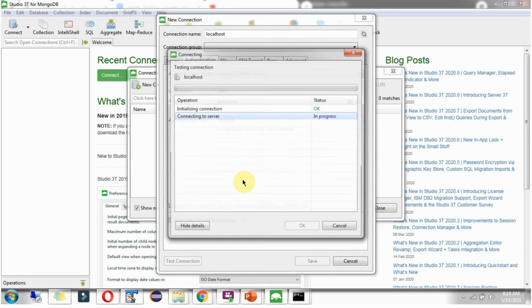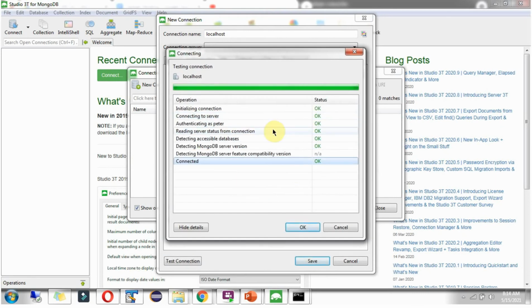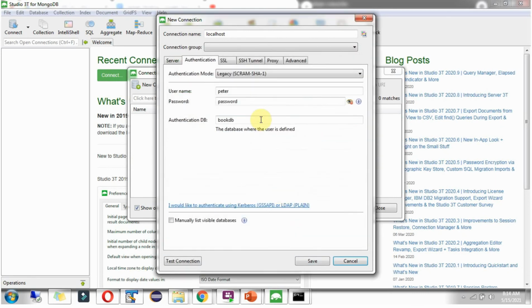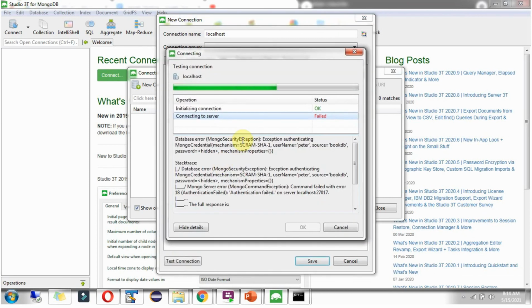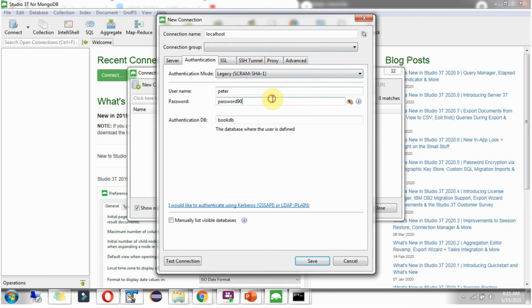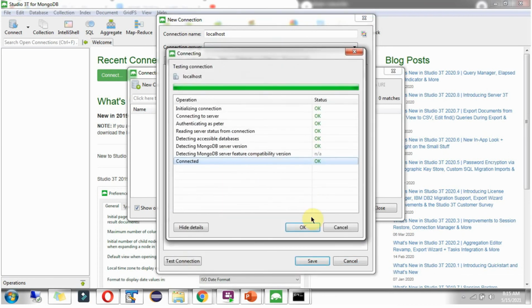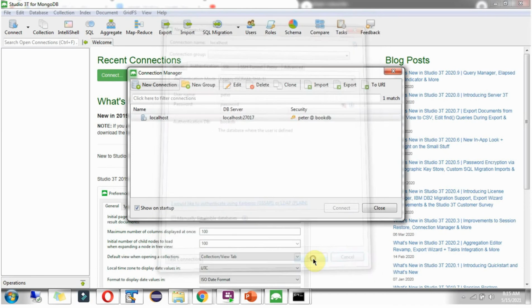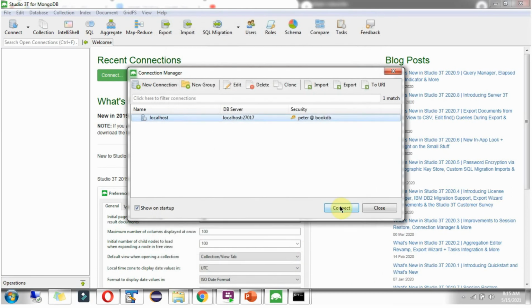Click on test connection, and it is successfully connected. Suppose if we give a wrong password, we will get an error like this. Click on save, connect,